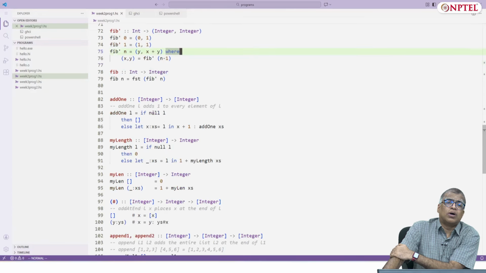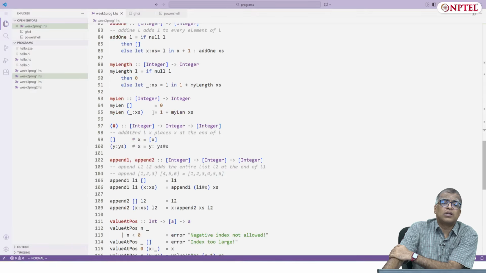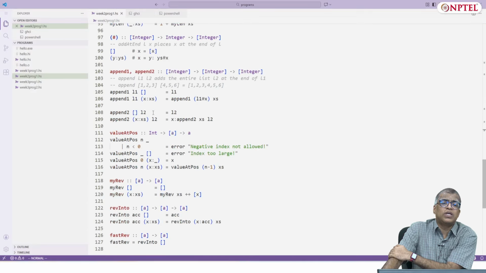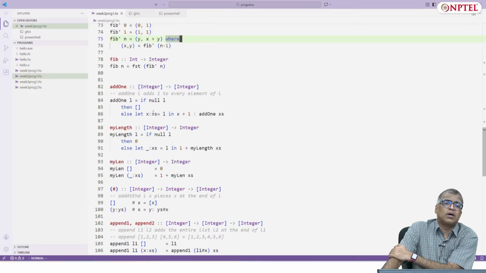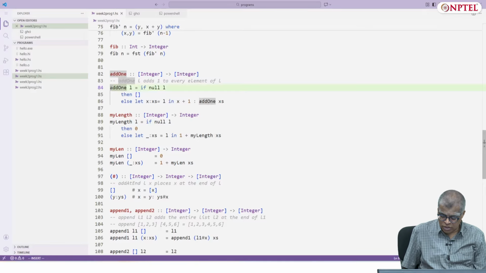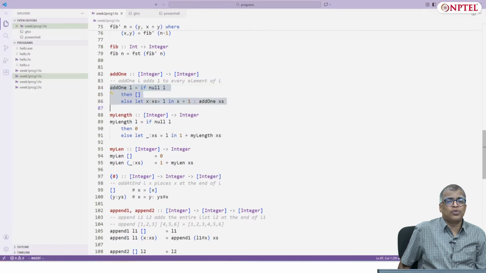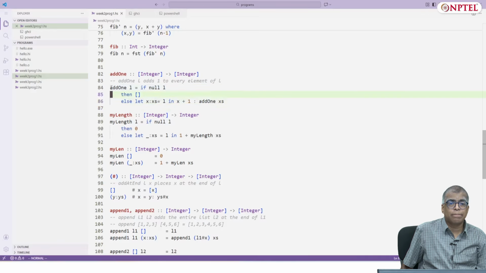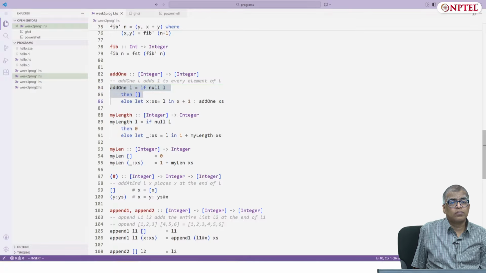Now let's come to the list functions. We saw many of these, so let's try to understand these. So here is the add one function, and notice that I have used the null etc. style, but of course if I try to actually use head and tail, let's see what happens. On my machine it refuses to compile. Maybe on this Windows machine it might compile. Let's see what happens. Let me comment out this.